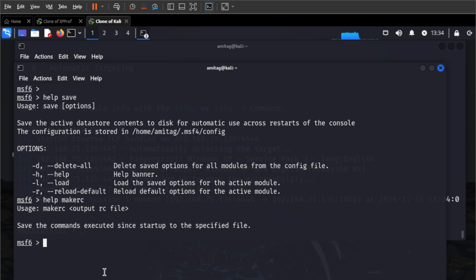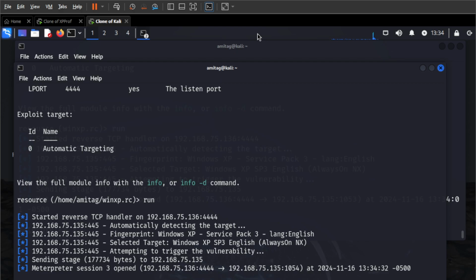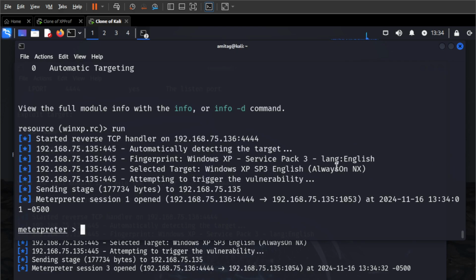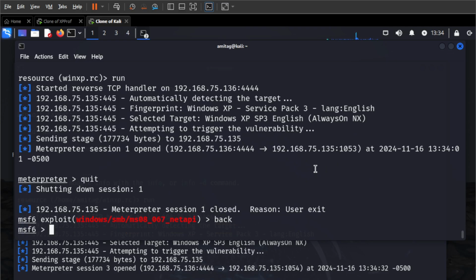Now, same thing you can do from your running session as well. If you are already in a MSF console session, you can type resource and then the resource file that you want to use, and it will execute the same commands that you have executed with -r earlier. Now, similar to this, you can also use, let me exit this so that we are back to our MSF